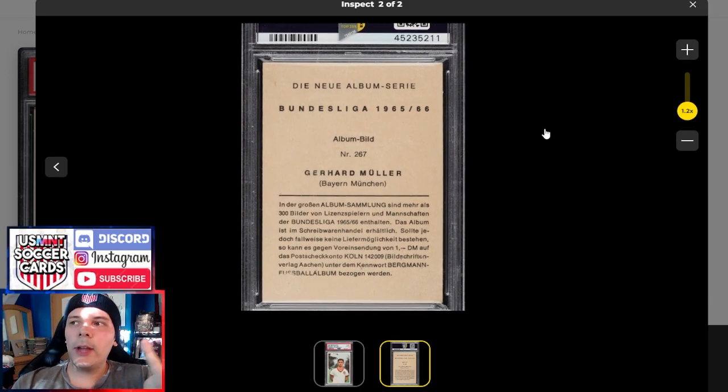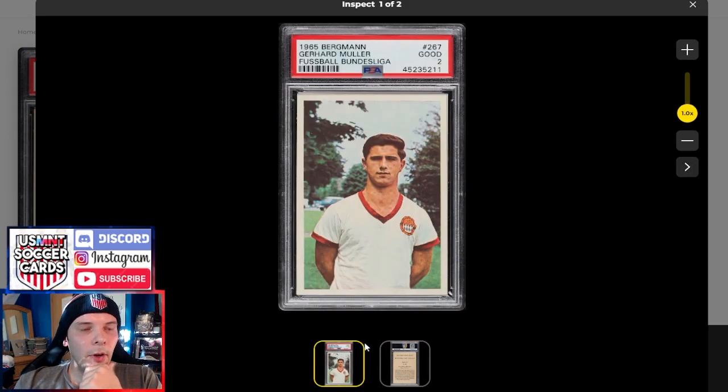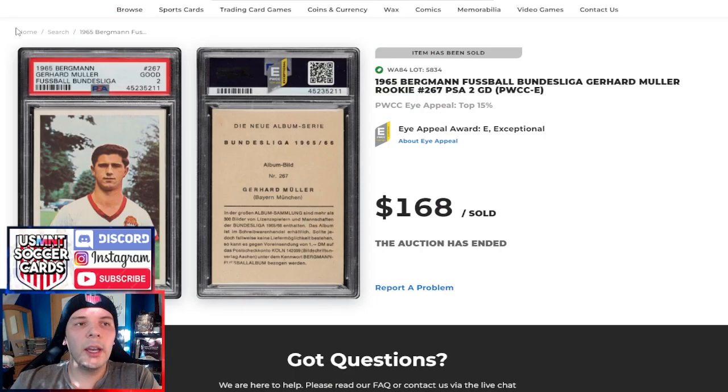I'm sure at some point you could just send this in for $15 a go, time after time after time again, and I could almost guarantee one of the PSA graders is going to mess it up. He's going to throw like a 5 or a 6 on here, and you're going to have a much higher graded card than you did before. Now, whether or not the card's any different, of course it's not. It's the same exact card,